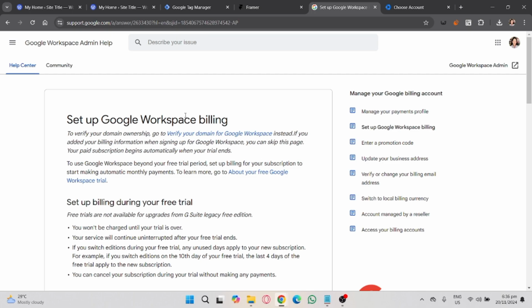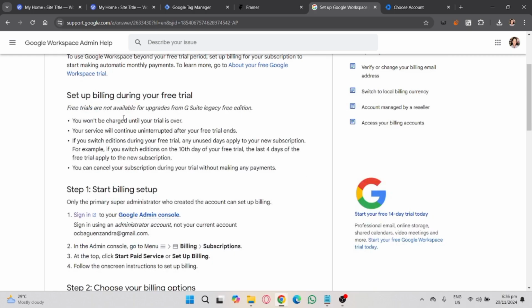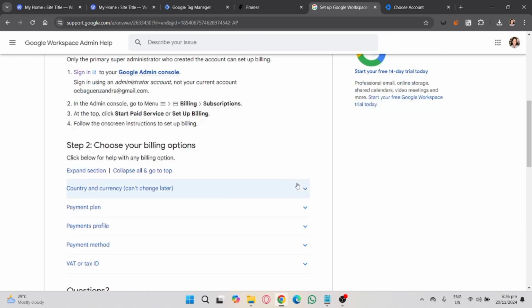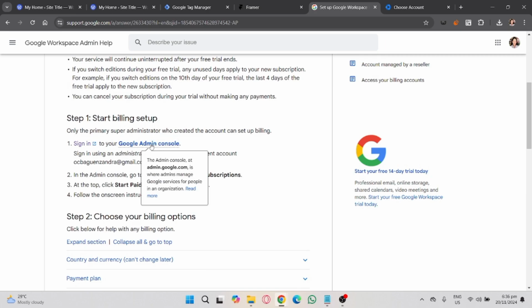Well, the overview of the payment process in here is: log in to the admin console at admin.google.com using an administrator account. Then go to the billing section on the dashboard and then select the subscription you want to pay for. And then if you've already added a payment method, the system will automatically charge your card or account based